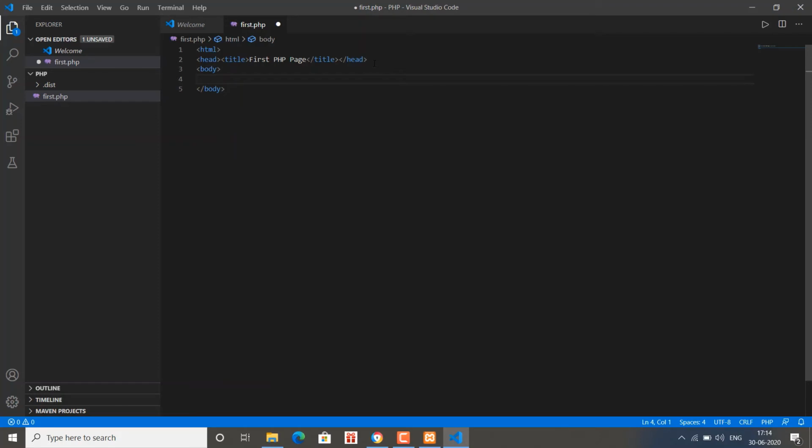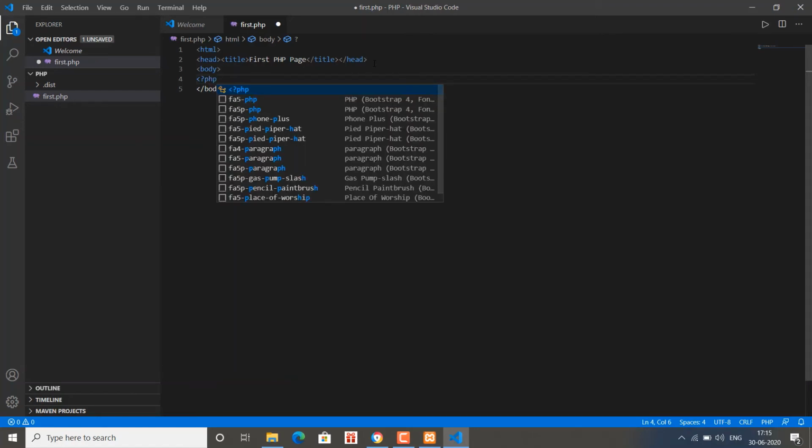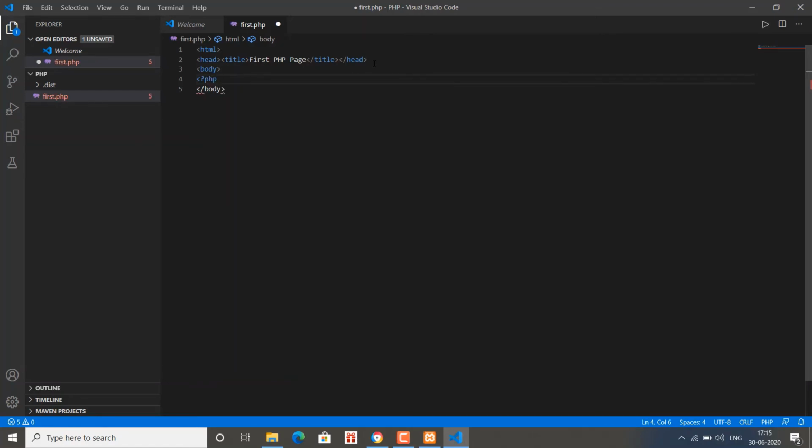Within the body I have to write my PHP script. In order to write the PHP script, I simply have to use a starting tag for PHP and a closing tag for PHP. For the starting tag I use the less than symbol, then the question mark, then I write php. The closing tag is question mark and greater than.